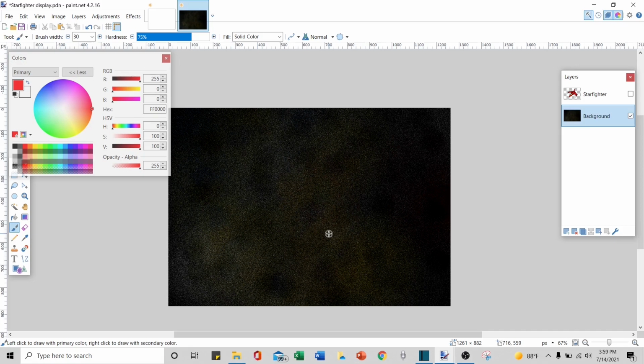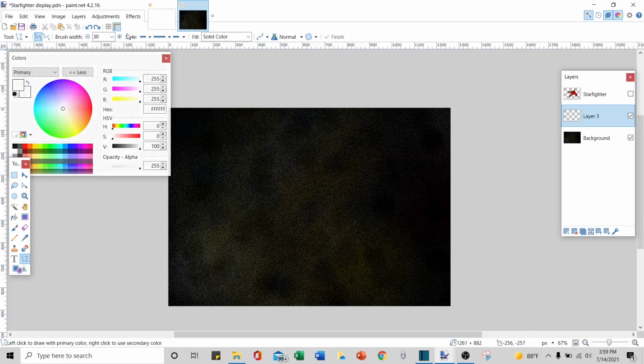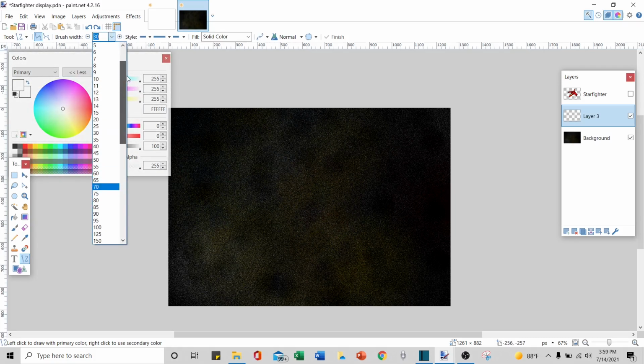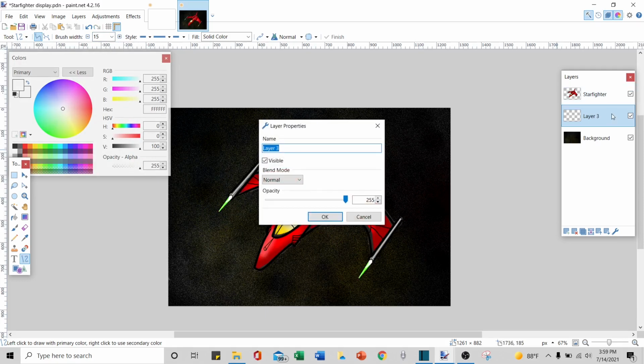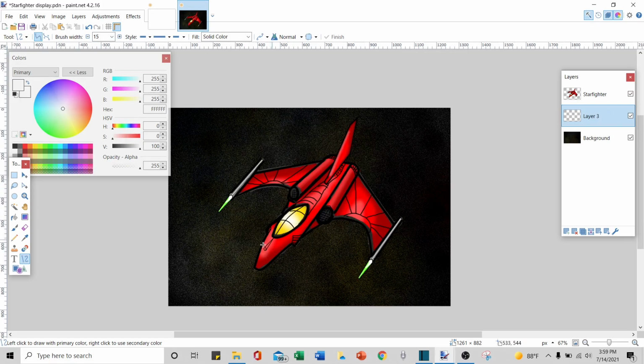Okay. Next thing we're going to do is make a layer now. So we're going to bring our brush size down to about 15. We're going to turn the Starfighter layer on, but we're going to stay on this layer 3, which is empty. Okay? Then we're going to take our 15 width line, which is white, and we're going to make lines that